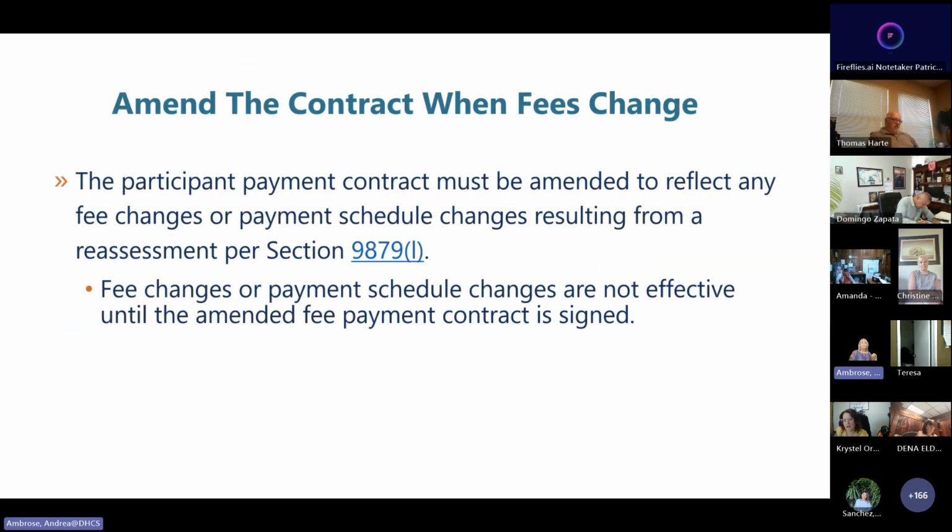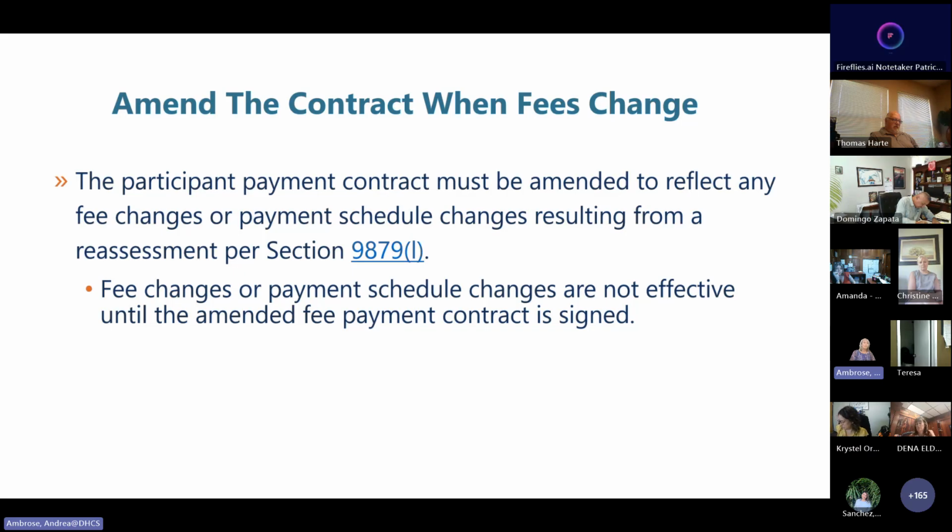Here's the really critical thing, you guys, that you have to remember when it comes to somebody losing their GR benefits, is that you must amend their payment contract when their fees change. So if they are going to go from a $5 a month plan and now you need to charge them standard fees because they don't have GA benefits anymore, you have to create a new payment agreement or amend their payment contract.